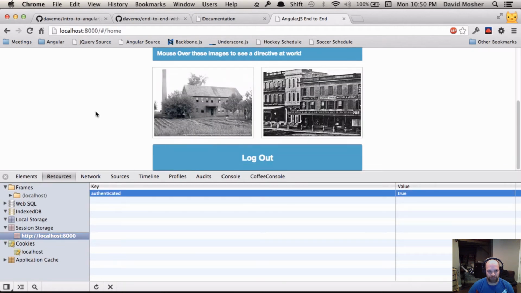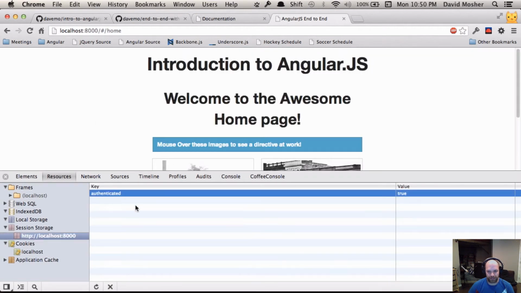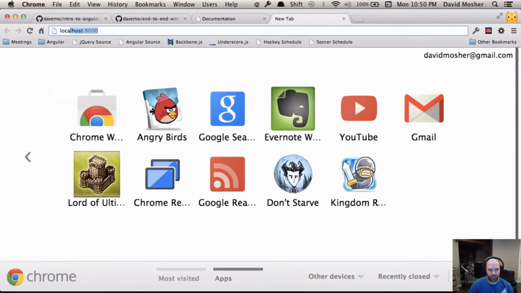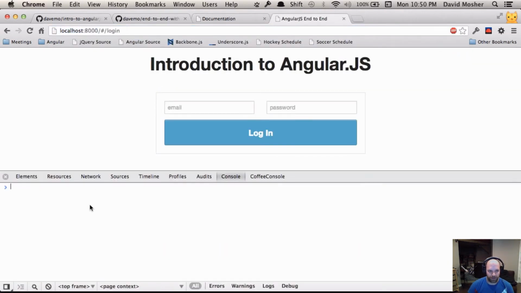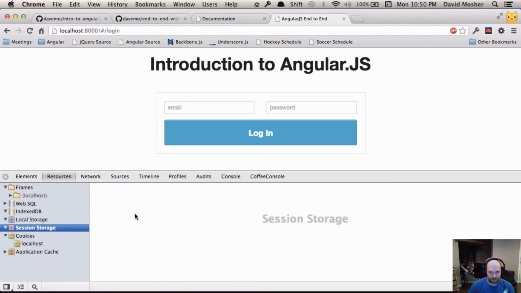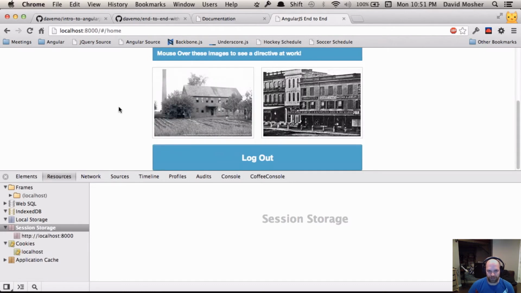And if I reload the page, you can see that it's still set. So that's really one of the nice things about HTML5 session storage. It just kind of works like that. And until I close this and reopen a new tab and open it, and now you can see if I inspect the resources session storage, it's gone. So it basically is this temporary storage bucket that only exists for that session, which is kind of as intended. And if I log out,